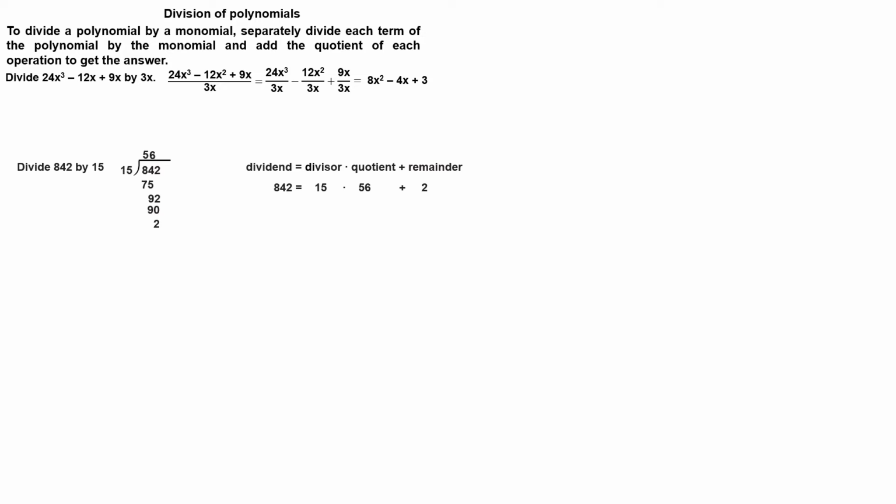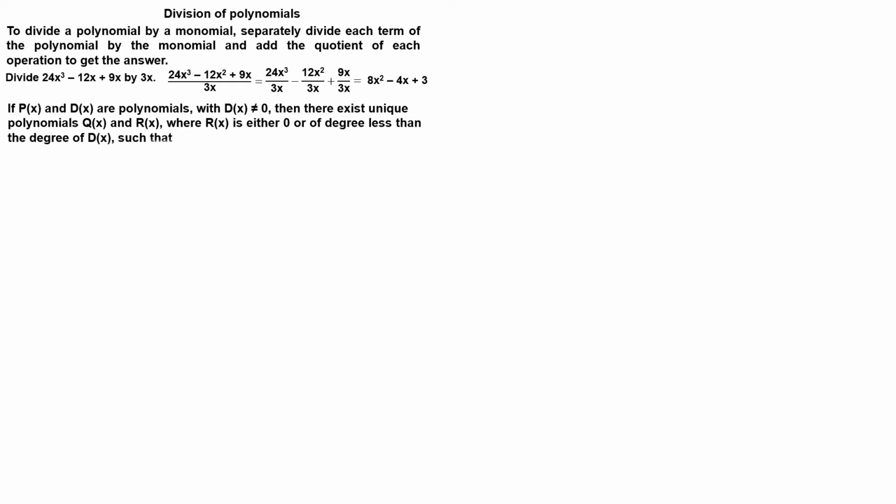To divide polynomials, we use long division as follows. If p of x and d of x are polynomials, with d of x different from 0, then there exist unique polynomials q of x and r of x, where r of x is either 0 or of degree less than the degree of d of x, such that